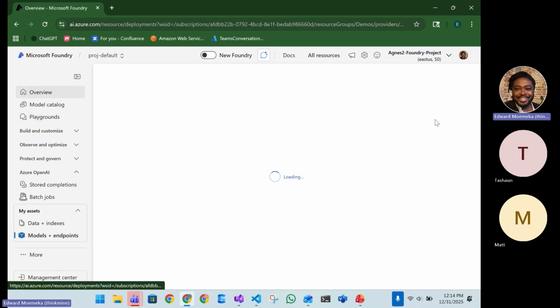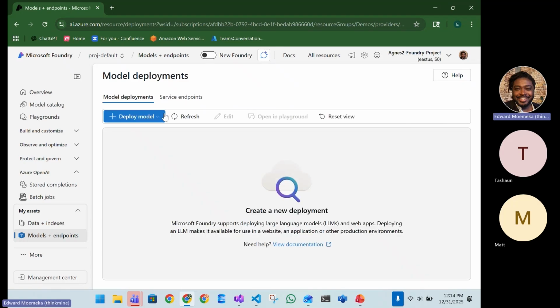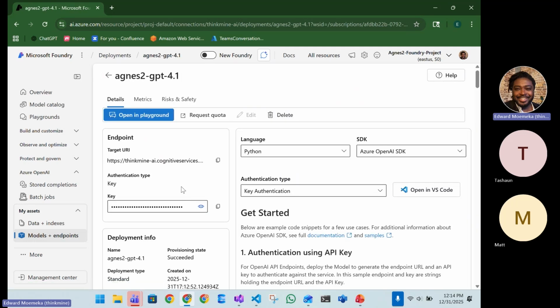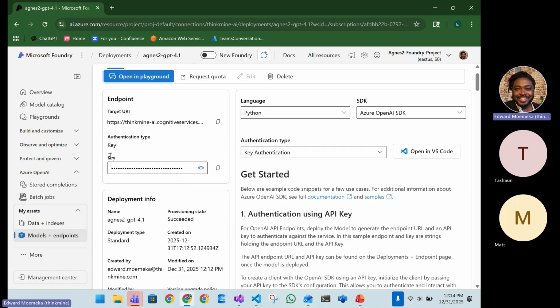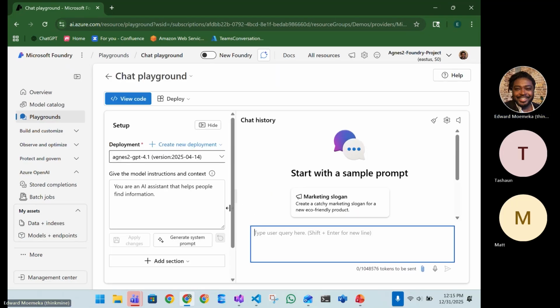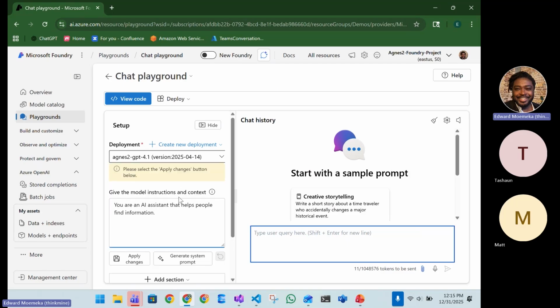So if we now go to view all deployments and we go over to model deployments, we should now see here this Agnes 2 GPT. So this is the model that we just created, right? So we can click on this guy. And then we go in here, we can see the URL associated with it. We can see a key tied to it. And then we can see that you can actually open this deployment inside of a playground. So let's go ahead and let's do that. So that brings you in here into a view where you can play around with the model that you just created. And as I always do, I'm just going to say the price